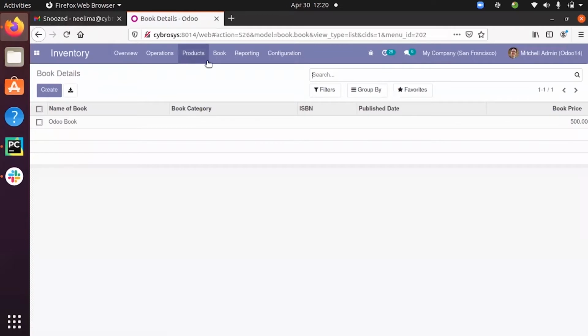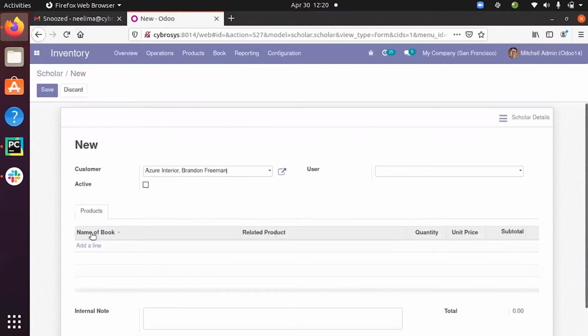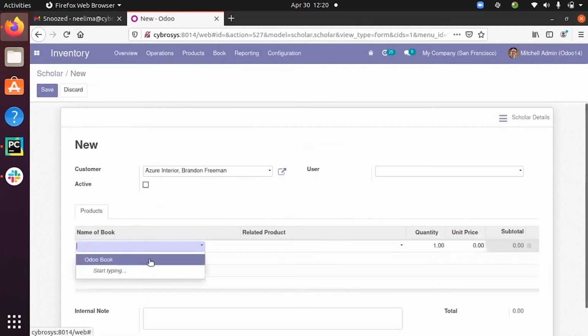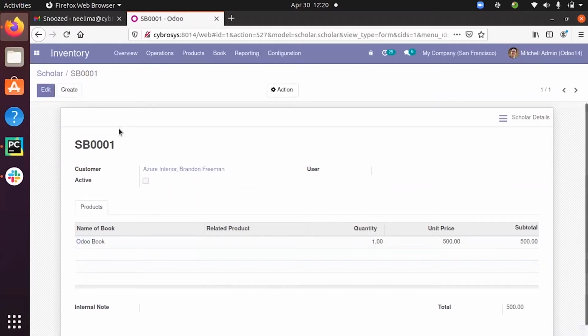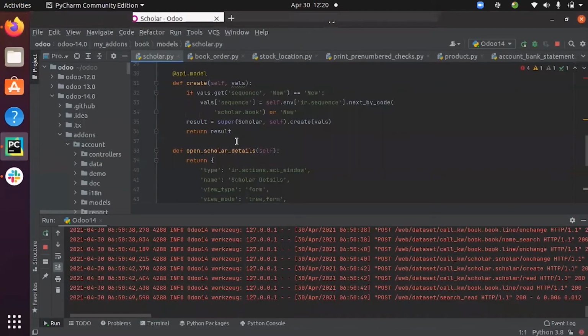I have created a book and then here I can create a scholar. When I create a scholar here, you can see a sequence is generated. So the function is used for that.